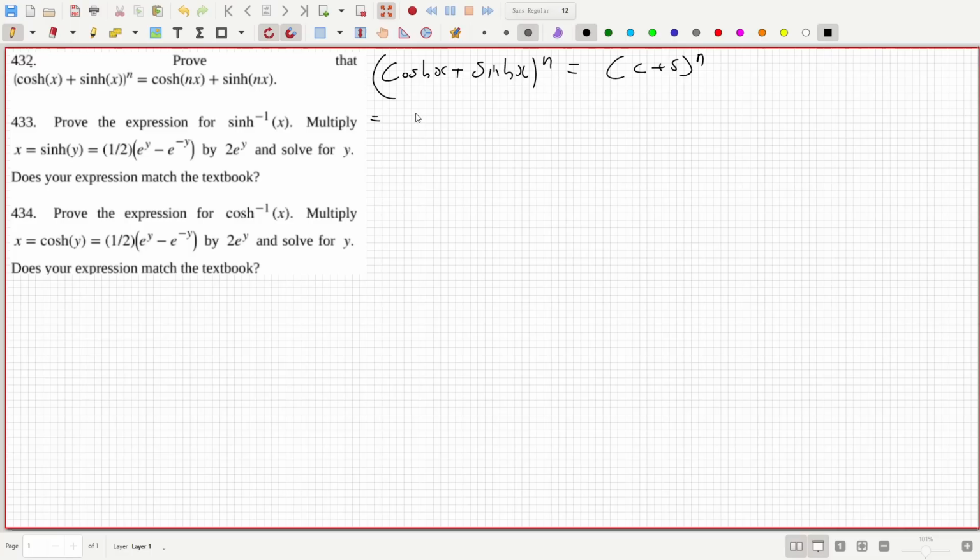So that's cosh^n plus, okay, nC0 cosh^n sinh^0 plus nC1 cosh^(n-1) sinh^1, and then it continues all the way down to nCn cosh^0 sinh^n. So